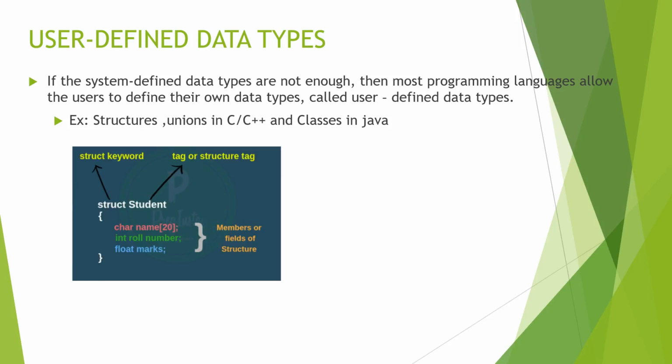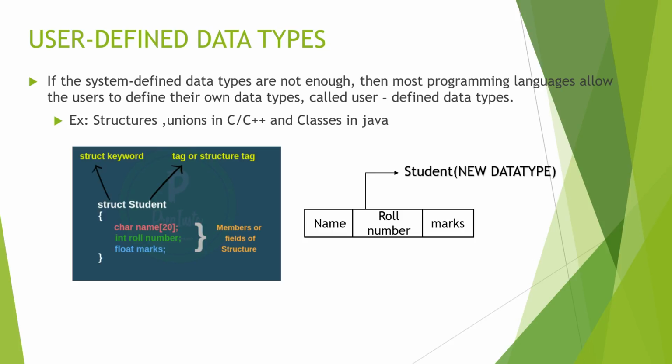Here is an example of a structure. In this, we are combining many system-defined data types like char, int, float, that is char name, int roll number, float marks. This is the new data type formed and the name of it is student. The initial address of data is 1000. Generally addresses will be in hexadecimal, but for our understanding we are taking decimal values. Here each character is assigned 1 byte. So 1000 becomes 1020 at roll number as there are 20 characters in name. Int takes 2 bytes, so it becomes 1022 when it comes to marks.